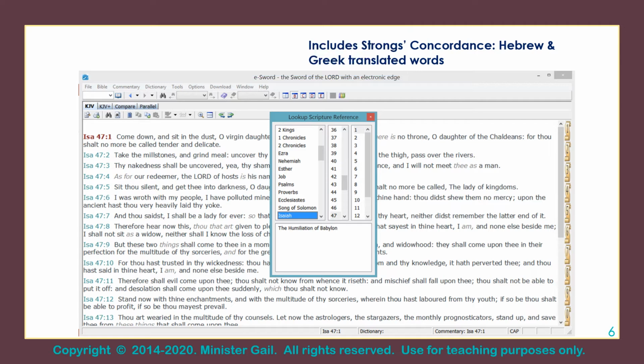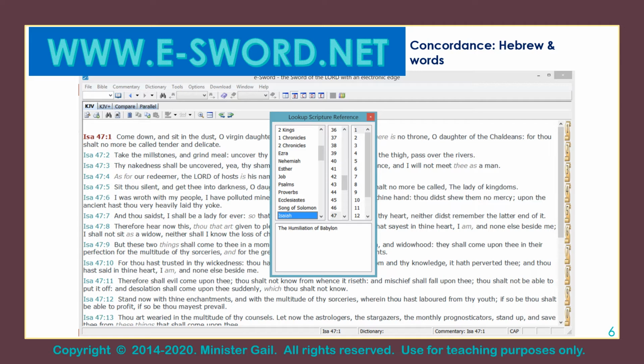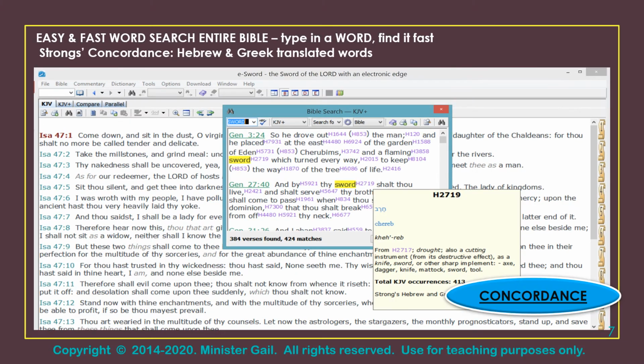Once it is downloaded to your PC or laptop, e-sword.net, it will look like this and have the lookup for the Bibles, chapters and verses. It has a lookup tool for the binoculars, and you can put in a word or a sentence or a phrase that you've heard in the Bible, and you need to find where that is. You can look it up in the easy lookup source tool that they have, and then it has the Strong's